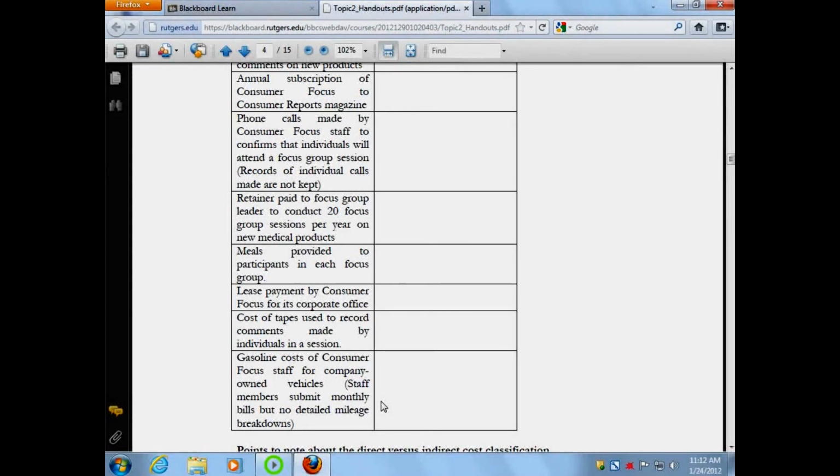So really, if you think about it, the distinction between direct and indirect costs is not a natural one. It's a man-made distinction, and it exists because somebody made the decision, hey, look, it's not economically feasible. It would be too expensive and too much trouble for us to try and break down this cost into smaller, more specific, more individual components. That's what I mean when I say it's not a natural or inherent characteristic of a cost. It's only a characteristic that a cost takes on because an organization is set up and run in a particular way.